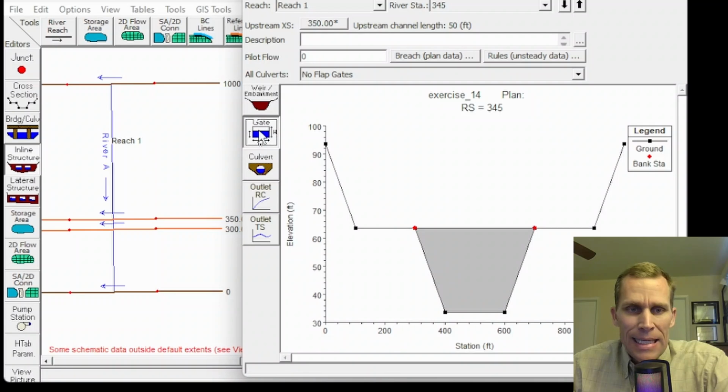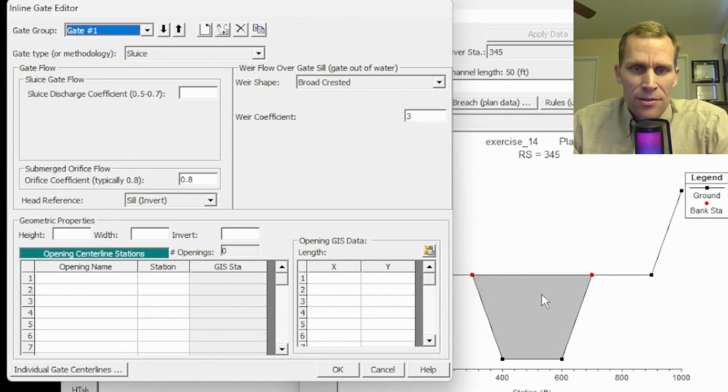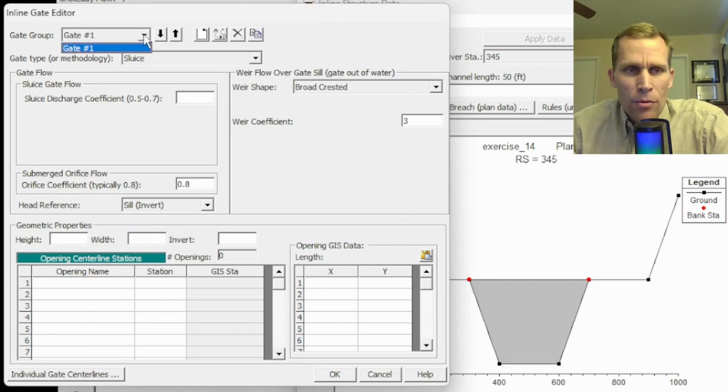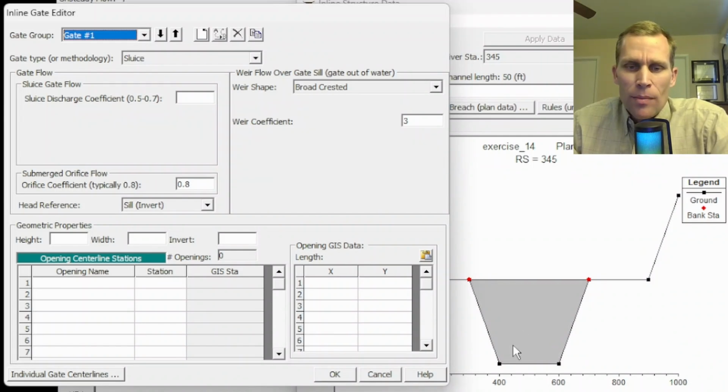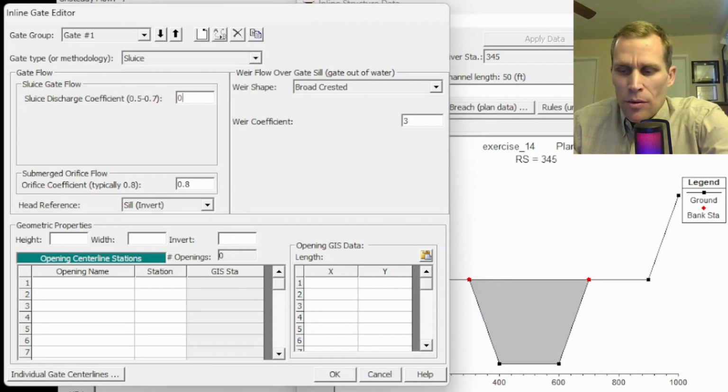So I'm going to click on gate right here. And this is the editor for us to add gates to our inline structure. What you notice at the top of this editor, it says gate group. So gate group 1, it already started me off on one gate group. I can add new gate groups, rename, delete, and copy. So let's go ahead and add a gate group right down here towards the bottom, and then a second gate group further up. Let's go with the sluice gate, and then I'll just go with the 0.5 for the discharge